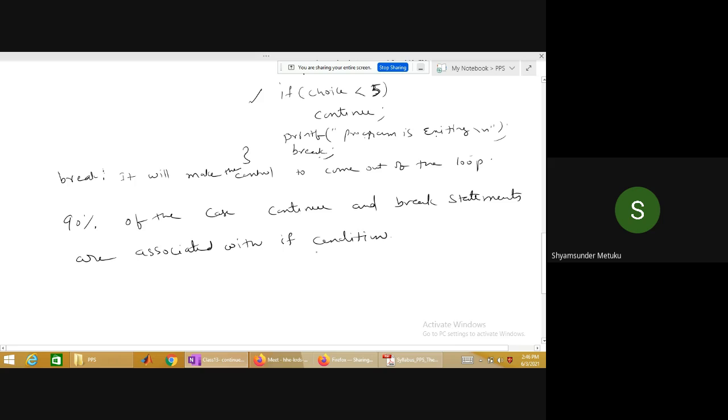Whereas the break which we have used in the switch and case control structure was to come out of the case of a switch case control structure, but break in the loop will make you come out of the loop irrespective of which iteration it is running, what condition is currently going on, immaterial, right? Irrespective of anything, it will make the control come out of the loop. That is the meaning of it. Is it clear to break?